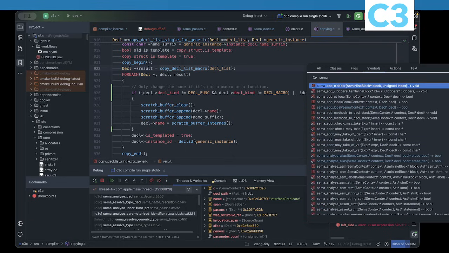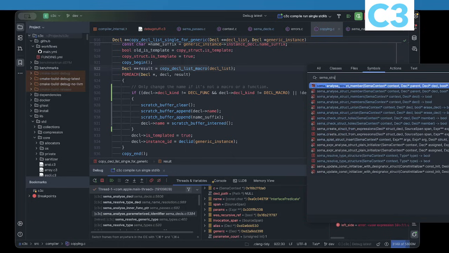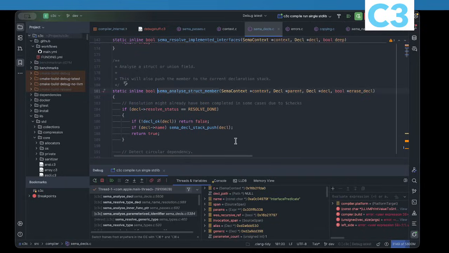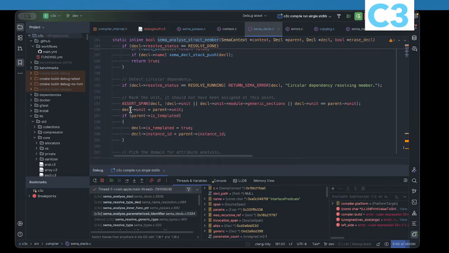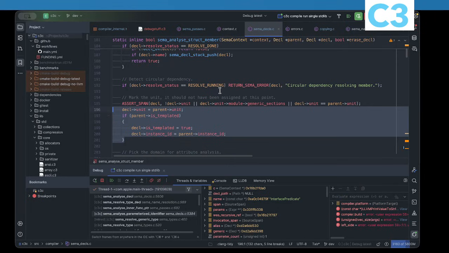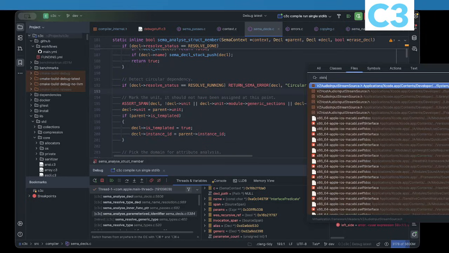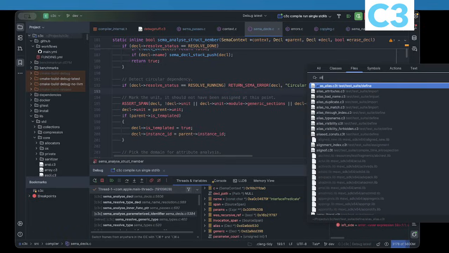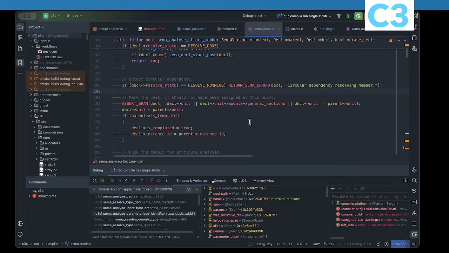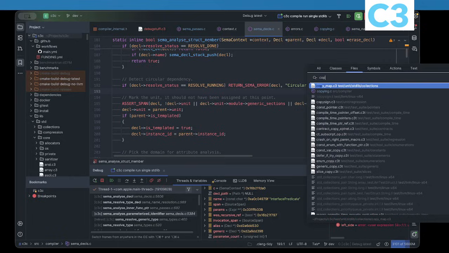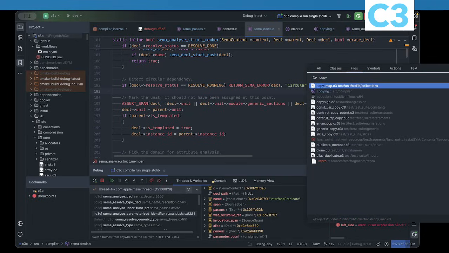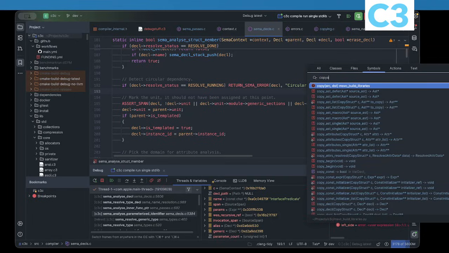So when we do the struct, we want to analyze the struct members. What we did was this. So we kind of set those things to the parent. And so if you have an alias, you want to handle them in the same way. But the problem is this should probably be done automatically. So if you do a copy of an alias, for example,